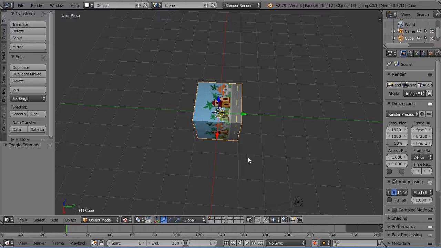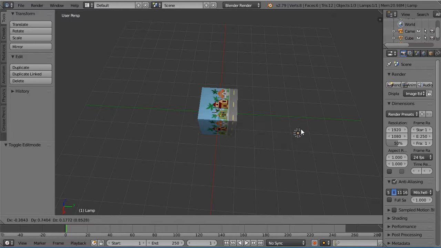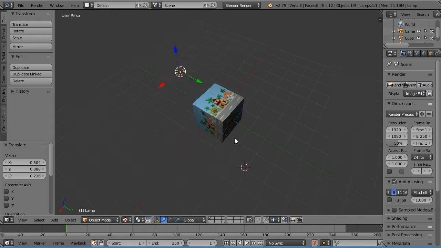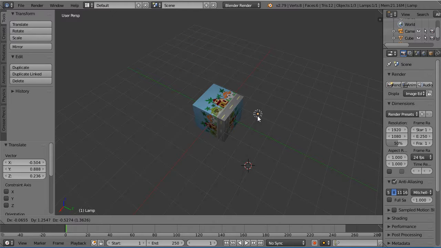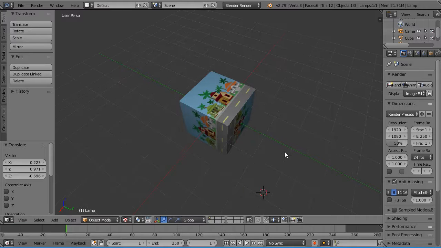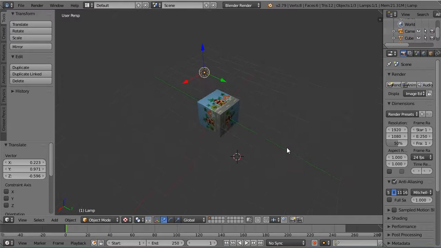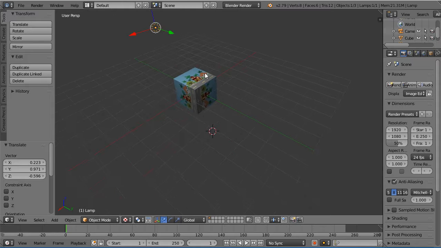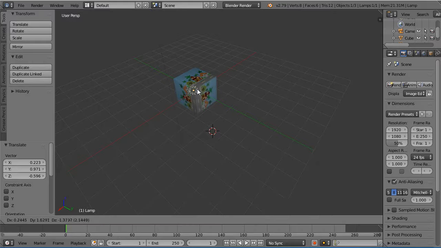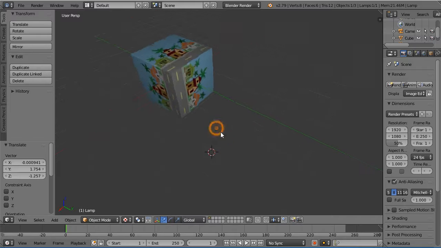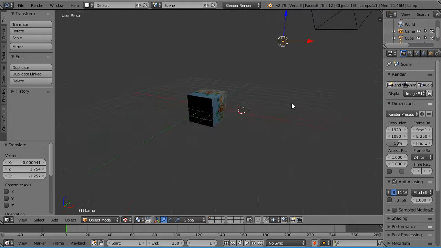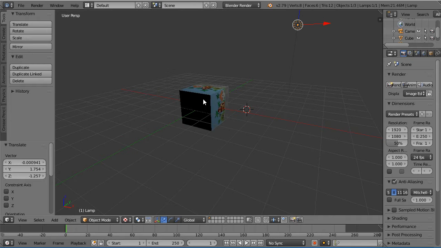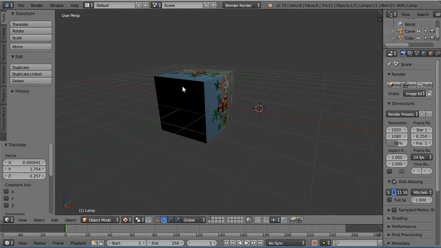So if I take the light and drag it over to the right, now we can see, let me drag this light here, maybe make this a little bit easier to view. Let me pan over, and you can see as I drag this light around, it affects what happens on the cube. Now I can also do something else. If that light is on the other side but I want this texture to show up, what I can do is select that face, and the way that I do that is go to Edit Mode,